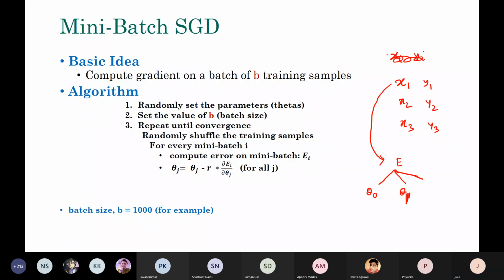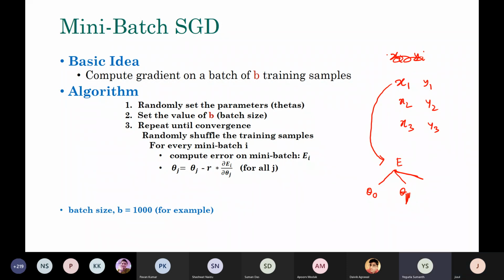Sir, how is the mini batch method computationally more efficient than the regular batch method? Okay, so in regular batch, if you have, say, 1 lakh examples, then for one update you are using all 1 lakh training samples. But in mini batch, once you say that my batch size is 100, then for one update you are using only 100 samples, not all 1 lakh samples. And that is where you are getting the benefit.